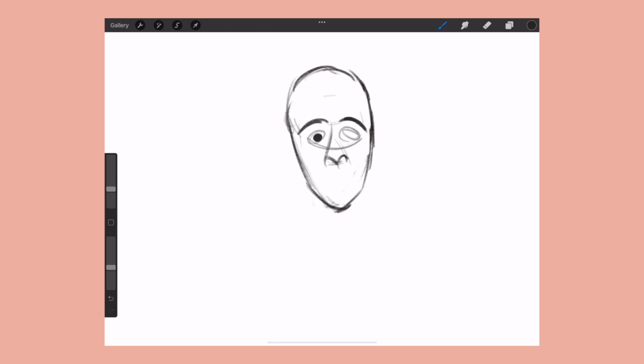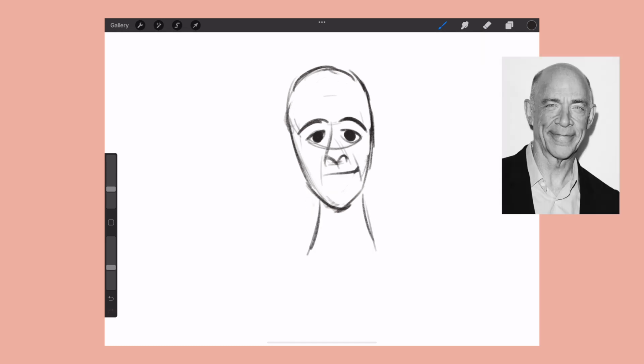So with that being said, for the first drawing, I'm actually sketching J.K. Simmons, who is a really famous actor. I'm pretty sure you've seen him in the movie Whiplash or a bunch of other films. I'm looking at his picture on the side, and the first thing that I notice is that he has a pretty big forehead, and also his chin is quite long. And I want to emphasize those two things, so in order to do that, I'm gonna make his nose a